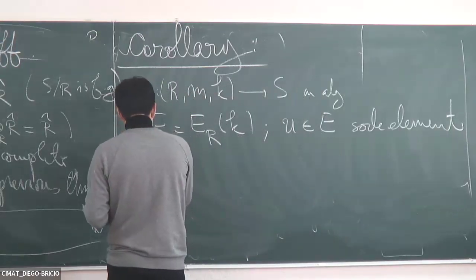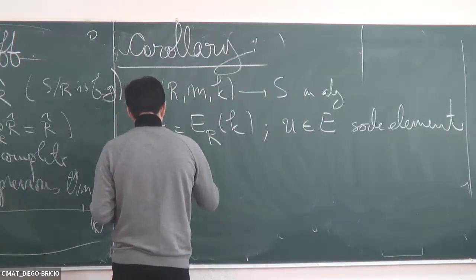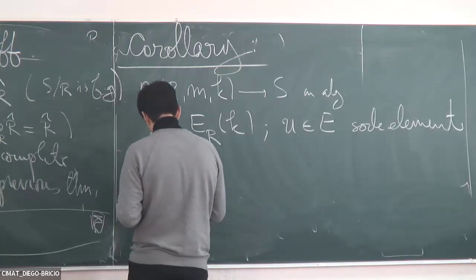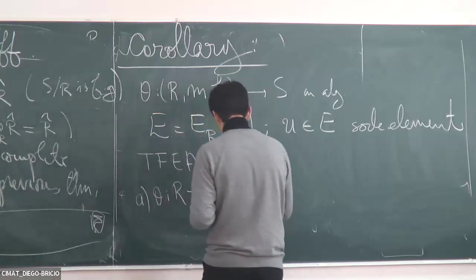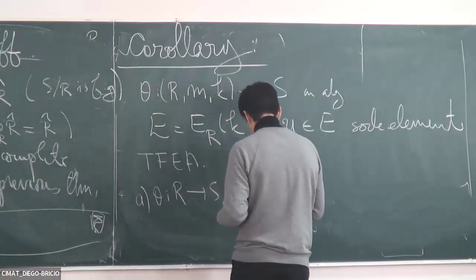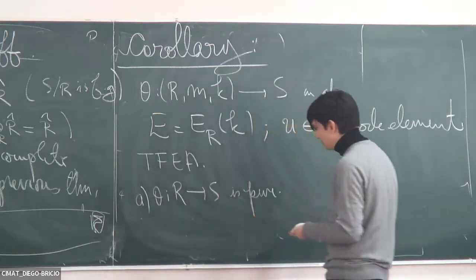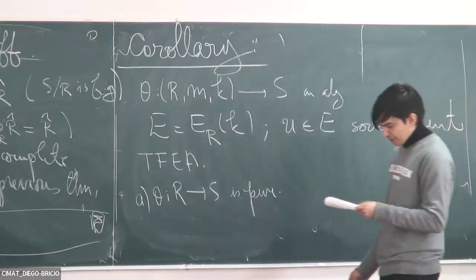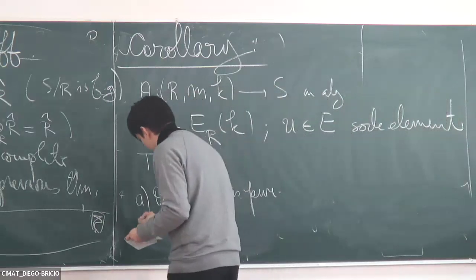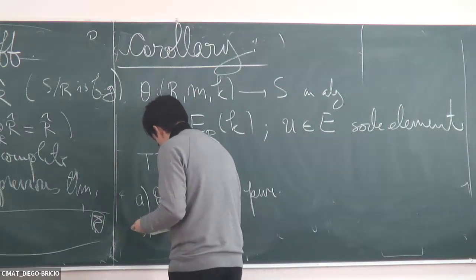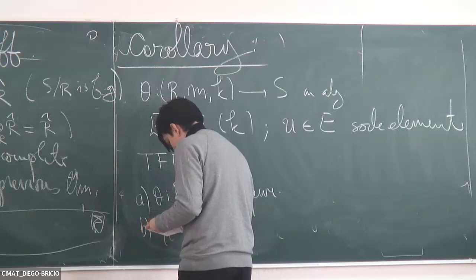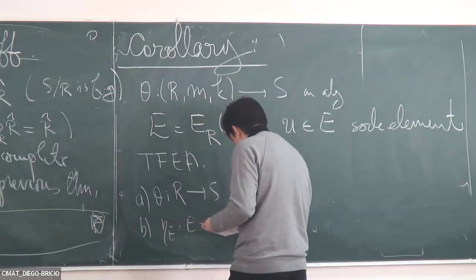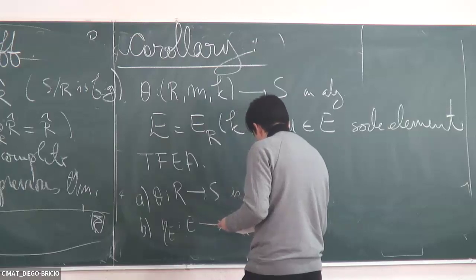And so then the consequence is that the following are equivalent. The first one is what we want to understand: when exactly this map is pure. Pure is actually a cool word, isn't it? Sorry, definition. What is pure? Well, B is that eta E from E to S tensor R E is injective,